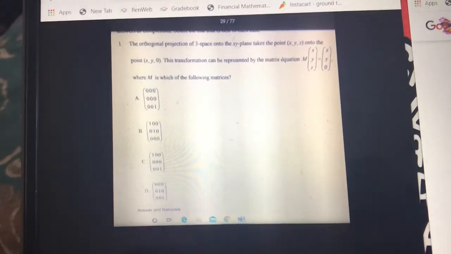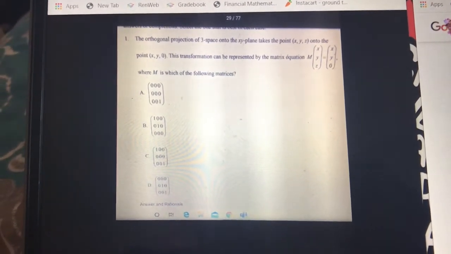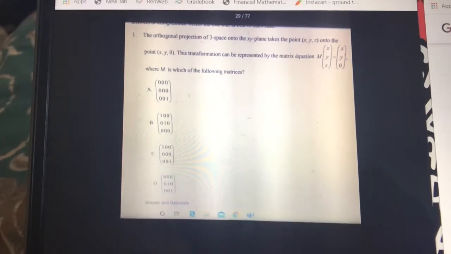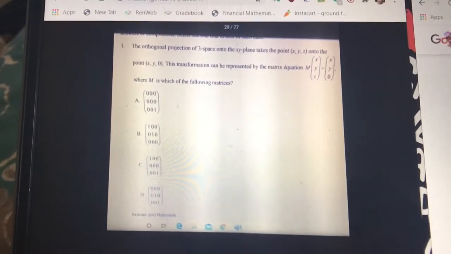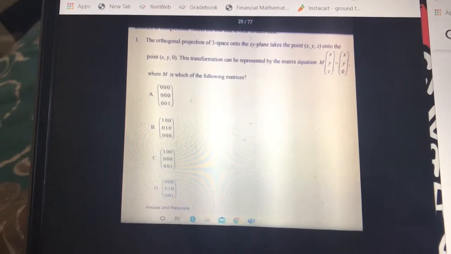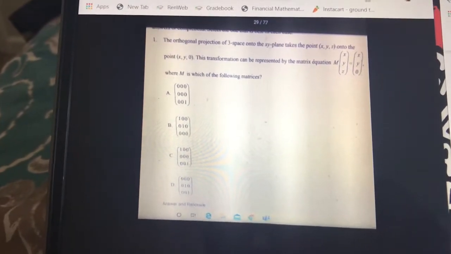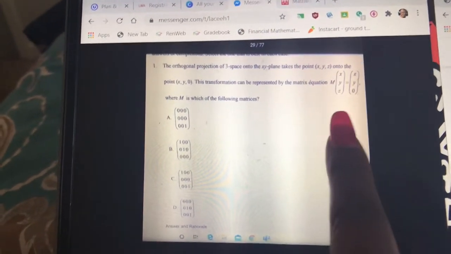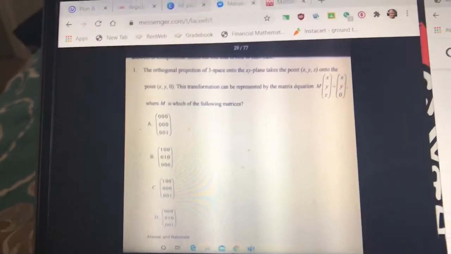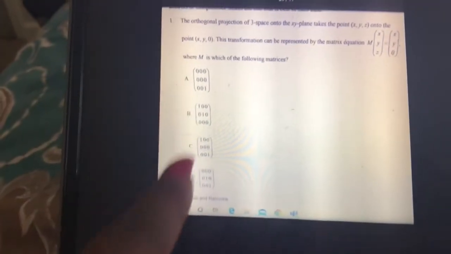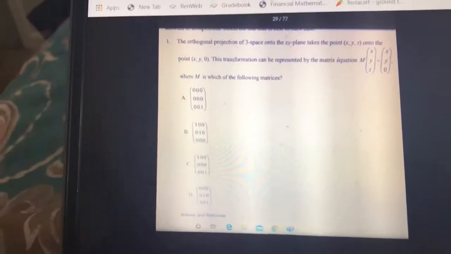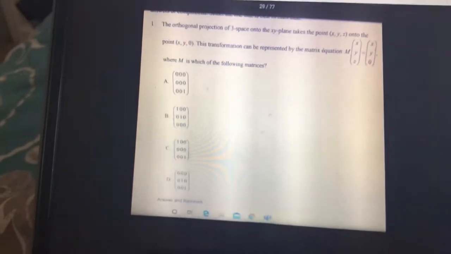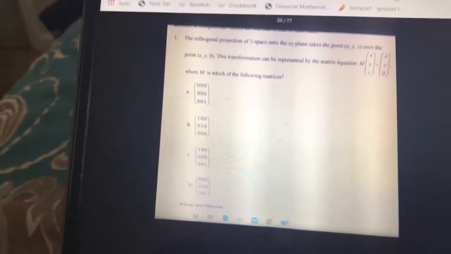So for this problem, basically it's important to know what you are looking for and what they're asking for. It's a whole lot of long words, orthogonal, projection, none of that really matters. This is a multiplication problem. So it's m times this matrix is equal to this matrix. And so they just want to know which one of these would be m. So it's like you're solving for m, trying to figure out which one would give you the correct product, x,